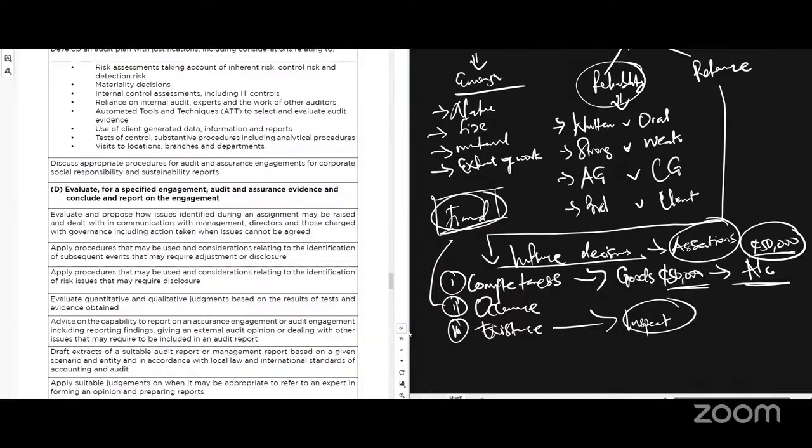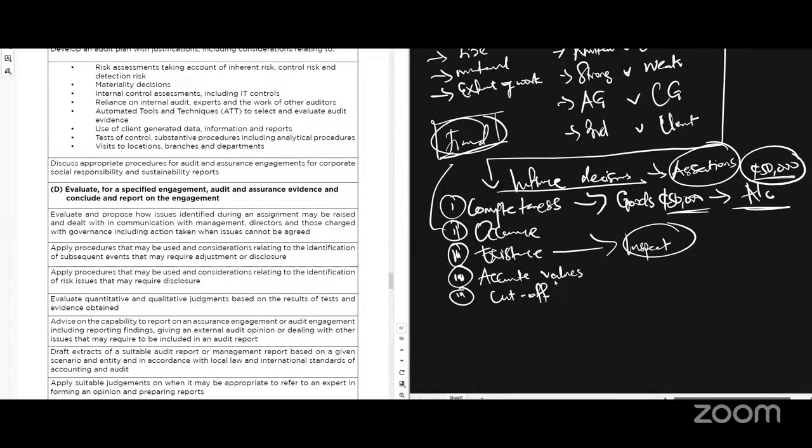And yeah, we can even check valuation, right? That value on the asset or that value on the expense, does it have accurate values? Okay, you can check cutoff. Was it recorded in the right accounting period? You understand? You can check classification. Was it correctly classified? So you have revenue, you sold an asset, you recorded it in revenue. Is this right? So all these things are linked. They are linked to evidence. They are linked to risk. If this thing is done the wrong way, it is a risk.